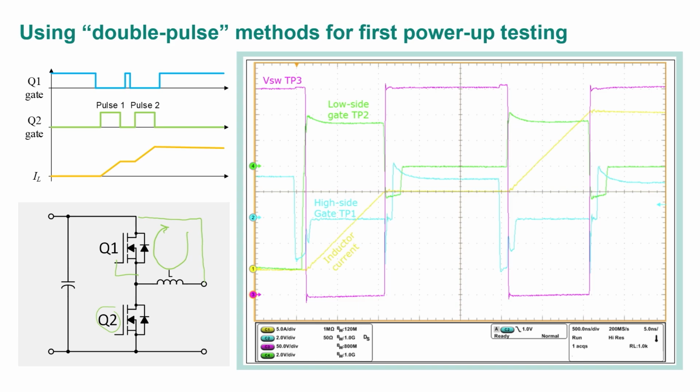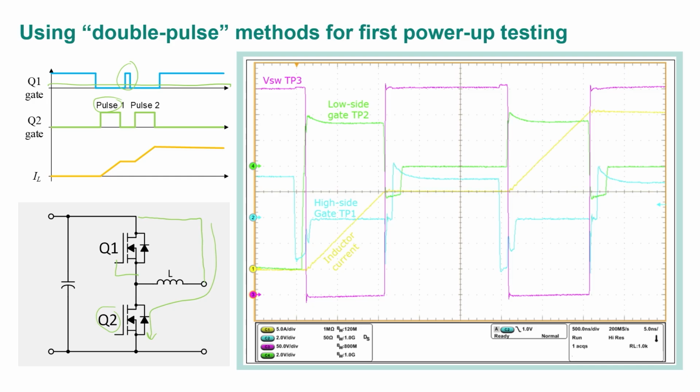signals work properly. Then you can bring up the full bus voltage, and by turning on Q2, the first pulse here, pulse 1, I ramp it up to some current. Then I shut off Q2, and I don't even need to turn on Q1 here. I can just leave it in diode mode if I want. I can just leave Q1 off completely the whole time if that's simpler to implement on your system.